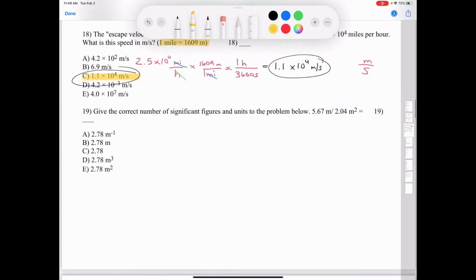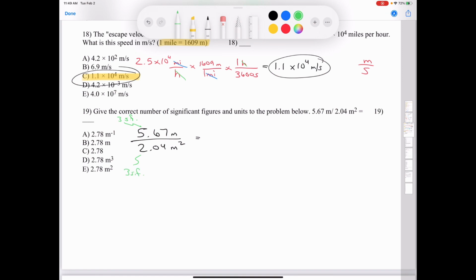Let's move on to number 19. It says, give the correct number of significant figures and the units to the problem below. We have 5.67 meters divided by 2.04 meters squared. Well, for the numbers, I'm just going to punch that into my calculator. And since 5.67 has 3 sig figs and 2.04 has 3 sig figs,